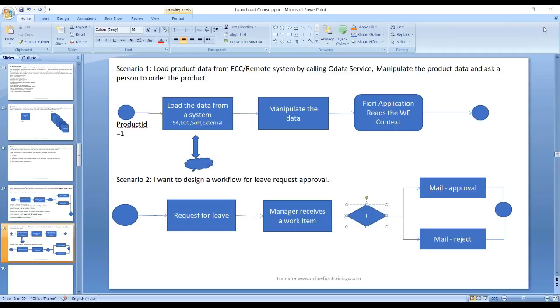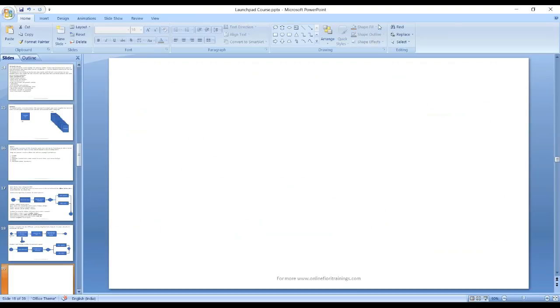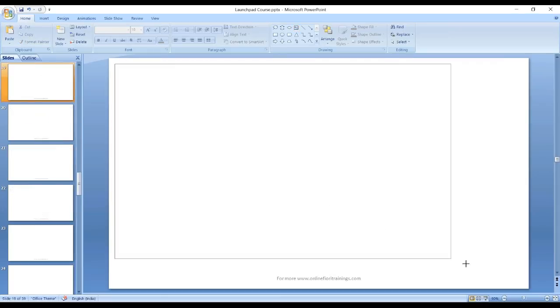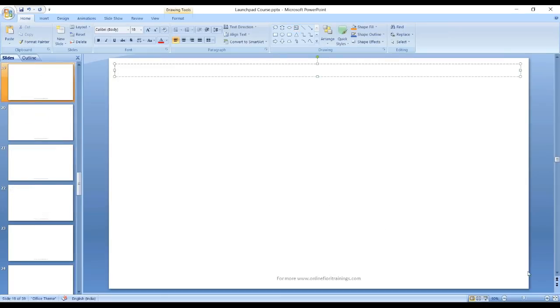So now, first of all, to enable the features in SAP Cloud Platform for workflow modeling, what are the prerequisites which you have to follow? The very first prerequisite is, guys, we need to enable the workflow service in SAP Cloud Platform. So what are the prerequisites to be able to start designing the workflow? The first prerequisite is we need to enable the workflow service